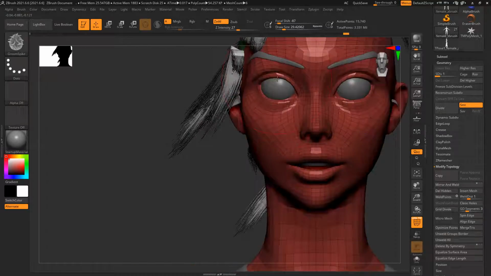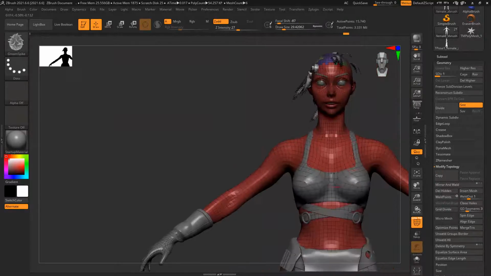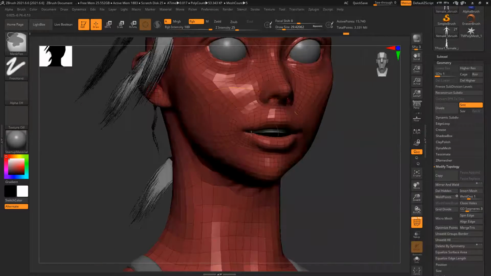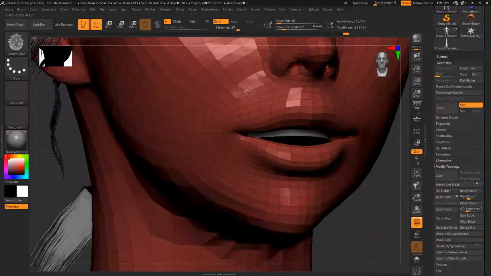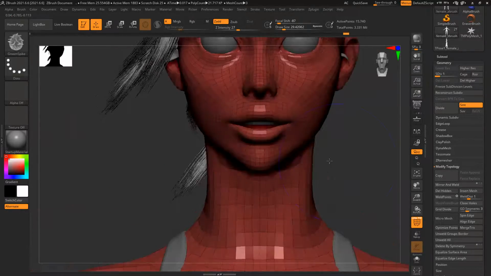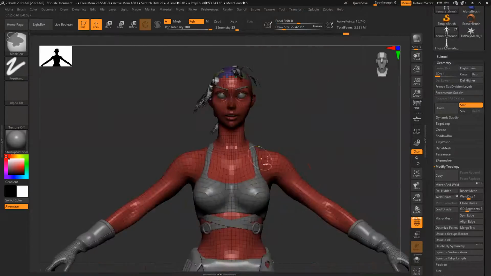Maybe we have to fix a few things like eyes. This is a decent model, almost correct topology wise. We have to cross check it, and maybe remove some things. All the cloth has to be retopoed. There's no other way.